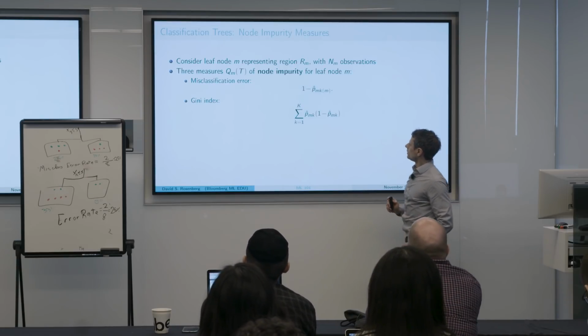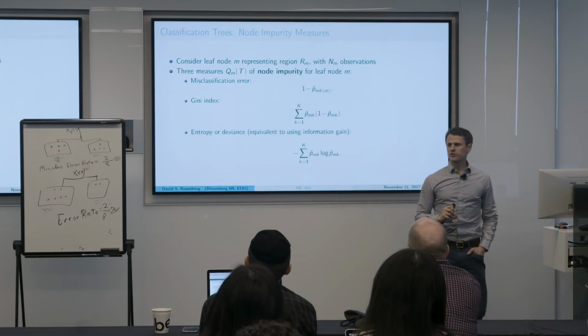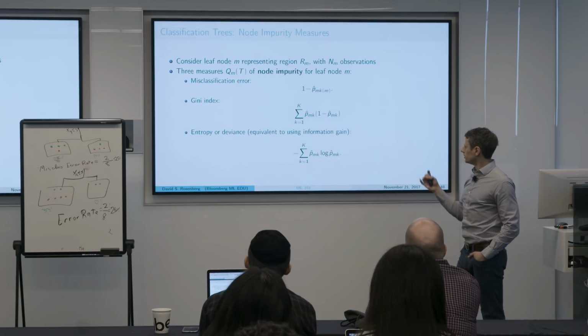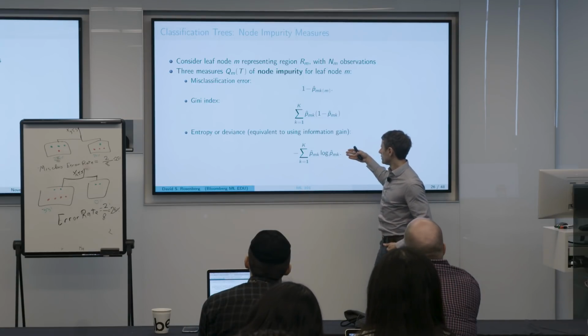So here's the generalization to k classes. I don't think we need to dwell too much on the particular form. The misclassification error is obvious. This one is